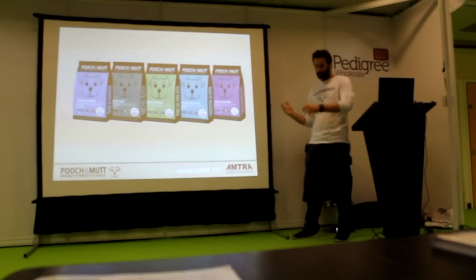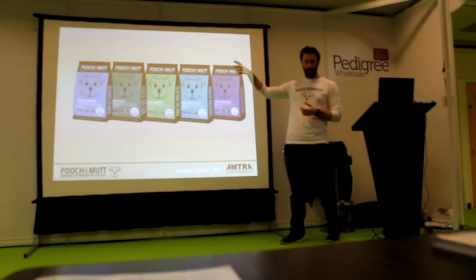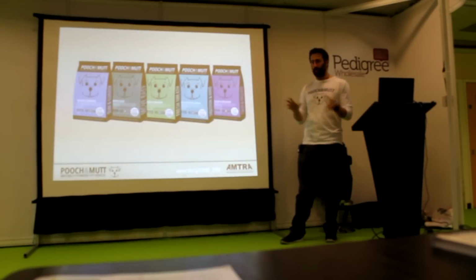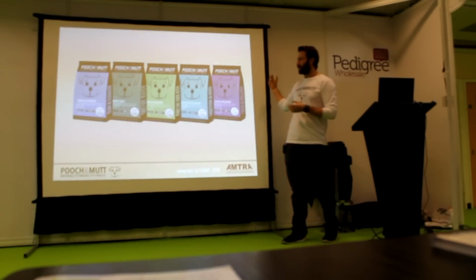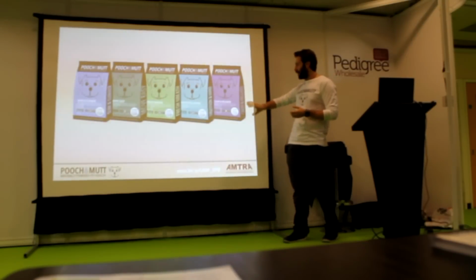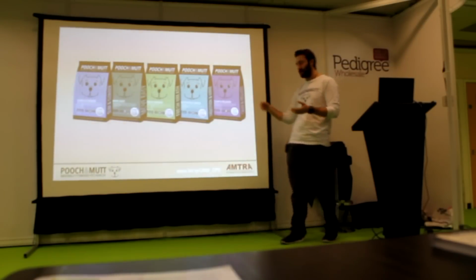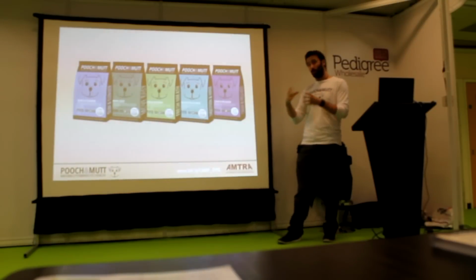On that basis, we've developed 5 foods that are available at the moment. This is not a sales pitch, it's just to explain how they work. We've got a few more in development, but this is where we are. And just to explain how the concept works, they've all got 45% meat, they're all grain-free. But our calming food is based on turkey, because turkey is rich in L-tryptophan. We also add into it other things such as supplemental L-tryptophan, B vitamins and chamomile, all of which are built